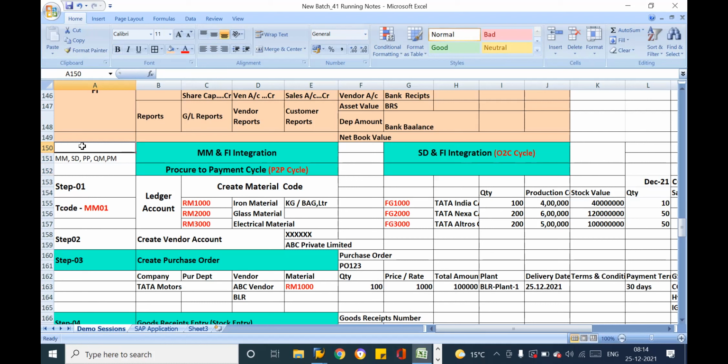Logistics is all related to stocks and inventories: how we are going to buy the inventory, how we are going to use that stock material for the production process, how we get the finished goods, how to test the quality, and how we are going to deliver to the customer. All inventory related activities come under logistics. Your warehouse management, godowns, all this comes under the logistics module. And the other module is